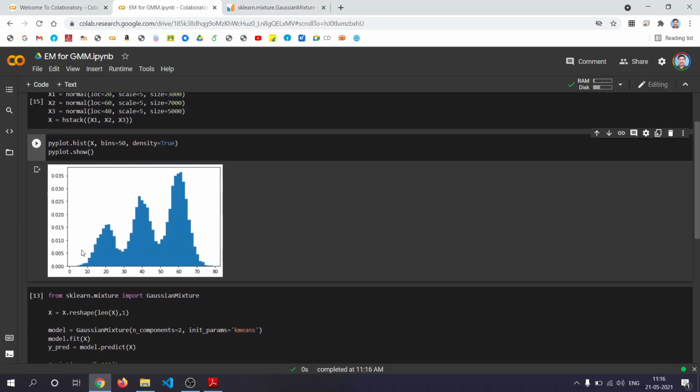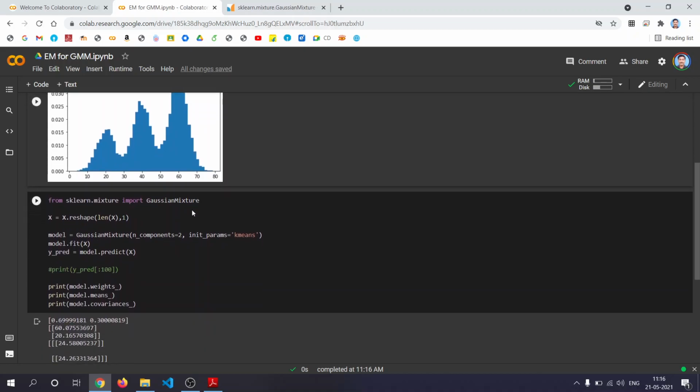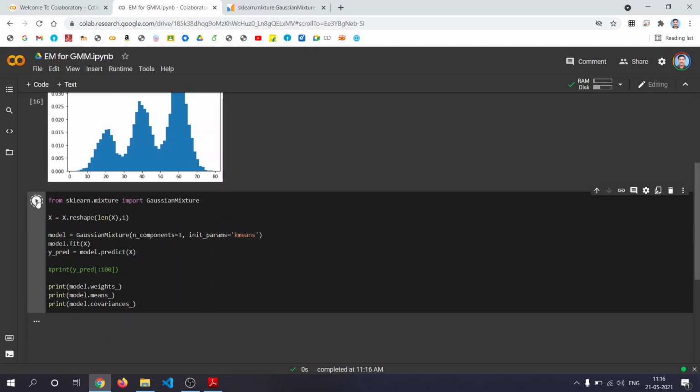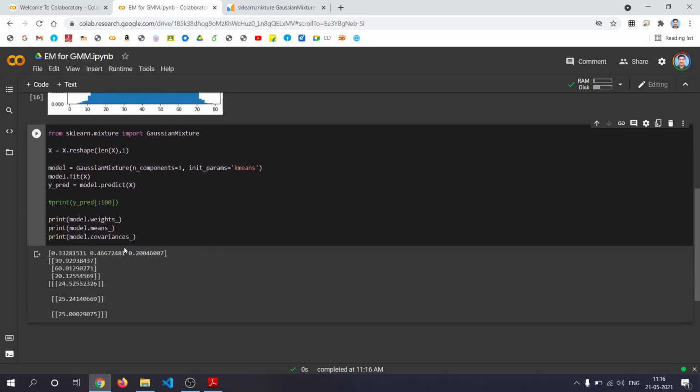Now the data has 3 peaks: one at 20, one at 40 and one at 60. So it is a combination of 3 Gaussian or 3 normal distributions. Now here you give number of components equal to 3 and you run this. Then you get 0.3, 0.46 and 0.2.